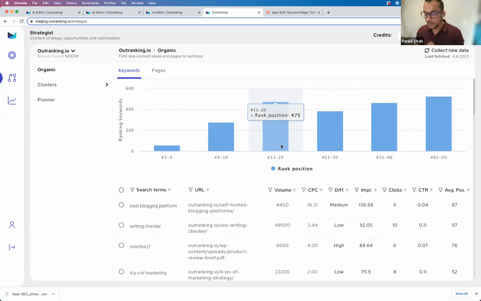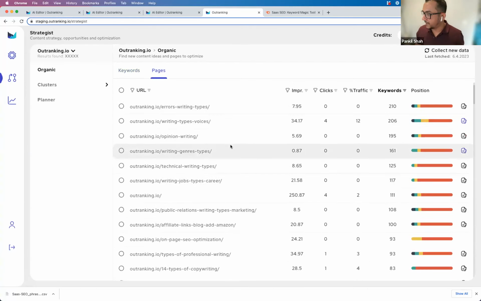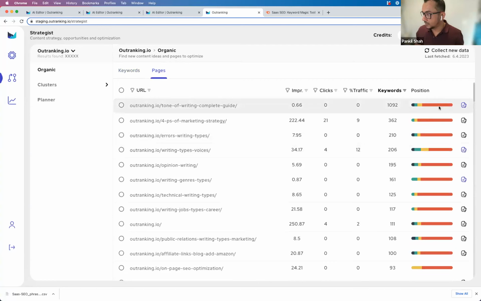But I'm going to go a little beyond that. So let's go to pages, and you start seeing these pages. This tells you what your distribution is for this particular page. This page is ranking for 892 keywords, and it is ranking for 139 in the 11th to 20th, and 53 in 4 to 10.